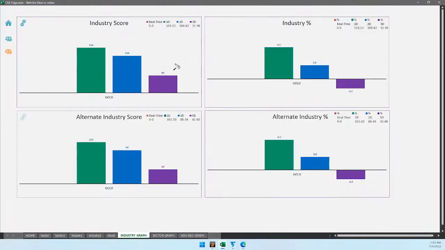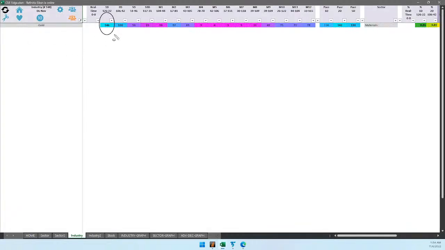Gold miner, relative score steadily going up, alternate industry score steadily going up. On Friday, had a massive move up of almost 9%. Let's look at the relative scorecard. Gold miner among top 20% in strength and also acceleration over 2-day, 5-day, both are showing top 20% result. If you look at the score 146, that is very close to the best possible score. We have total 148 industries at present in the USA market.